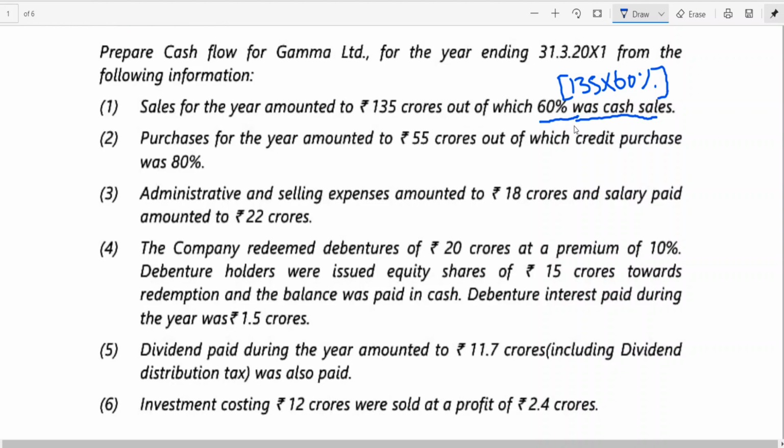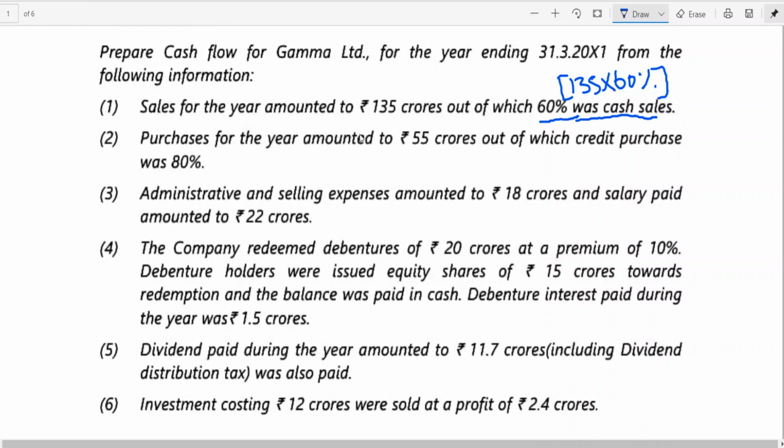And please remember, by this time I think you are good at understanding this: direct method or indirect method is only relating to operating activities. Even though you write the heading direct method or indirect method, it implies you are referring to operating activities. As far as financing activities or investing activities are concerned, it doesn't affect them. Direct method or indirect method is only relating to the cash flow of operating activities.